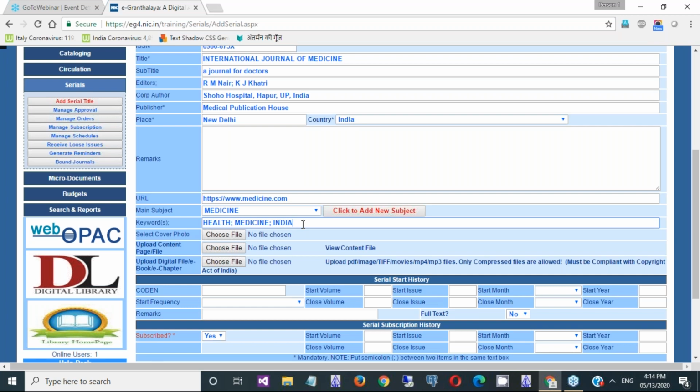So I am putting just my own way, otherwise keywords have to be put accordingly, and the contents on those keywords should be covered by that particular document.